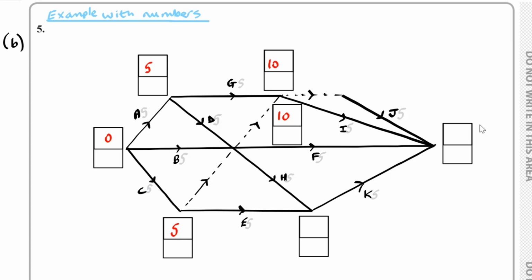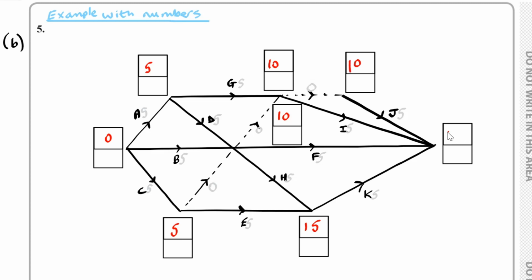Let's just copy and paste another one of these. I think I forgot one out. Let's move this here. And in this one, we've also got a 10 because we've got a 0 over here. Let's just add the 0 in. We've got 0 here, here, and here. And for this one, we can have 10 plus 5, which is 15, or we could have the 5 plus 5, which is 10. 15 is a bigger one, so 15 goes here. And for this one, the biggest one we can have is the 15 plus the 5,